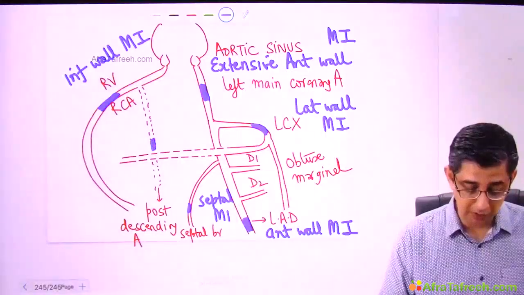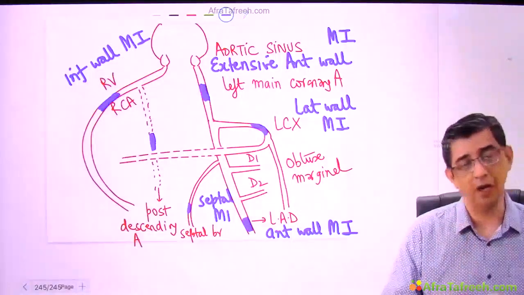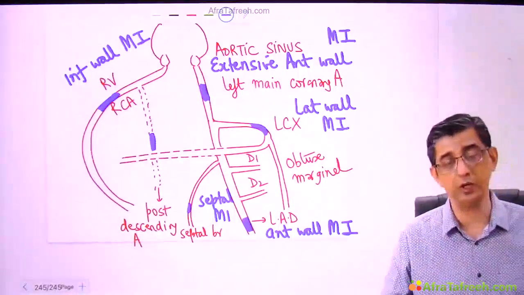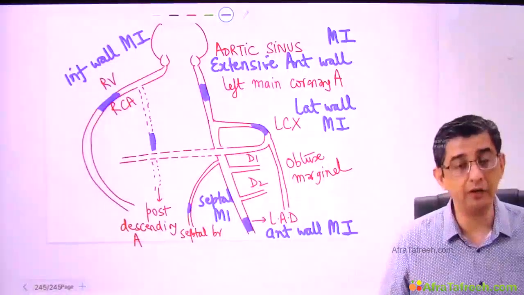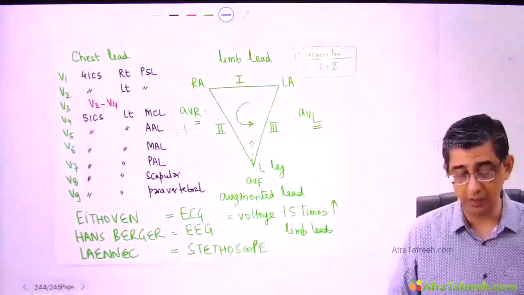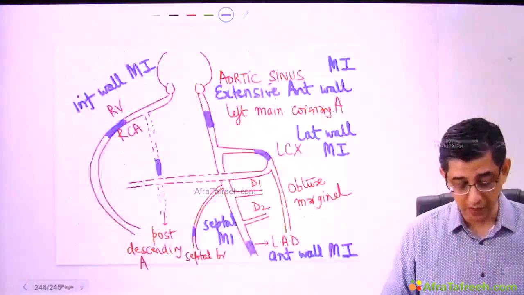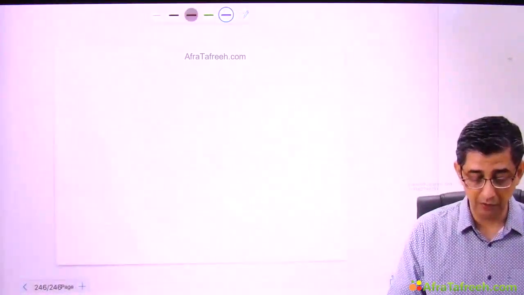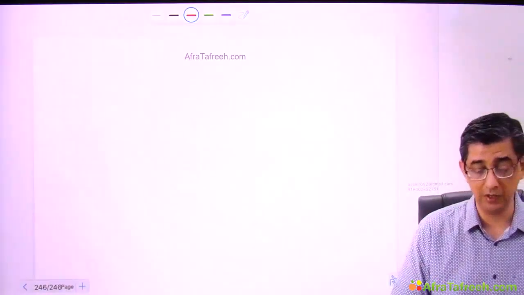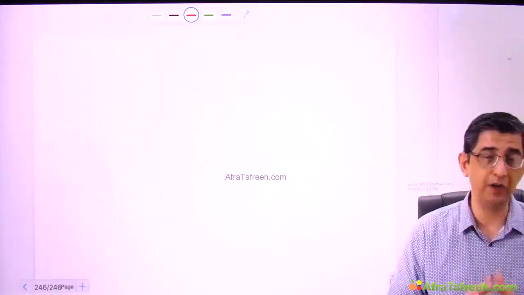For posterior wall MI, there are two answers, but if they ask you to select one best answer, I have not seen people making mistakes, because posterior wall MI begins with P and the blood vessel here also begins with P, that is, the posterior descending artery. So the objective of studying all this information is that you are able to mentally visualize the leads, which are like CCTV cameras scanning the various surfaces of the heart. On the basis of this information, I'm very sure that the subsequent discussion, especially on the various parts of the heart getting involved, will become much easier to comprehend and understand.